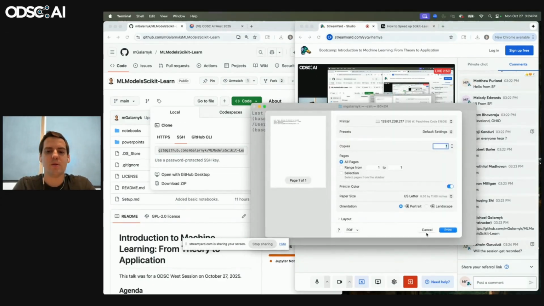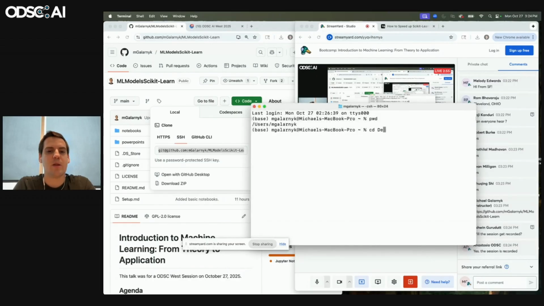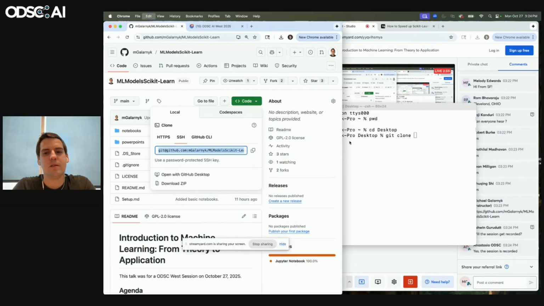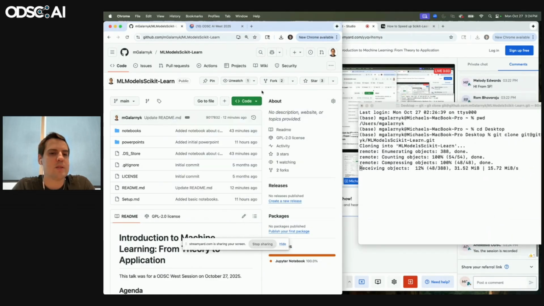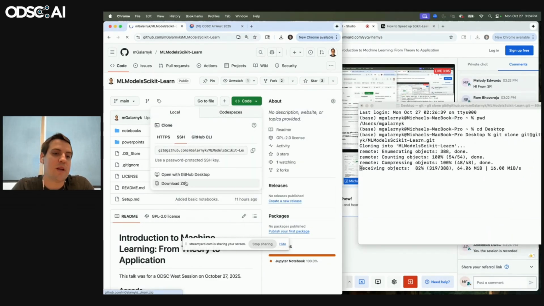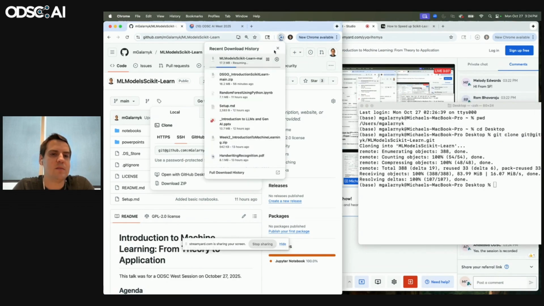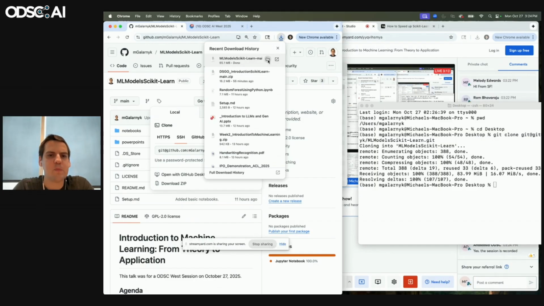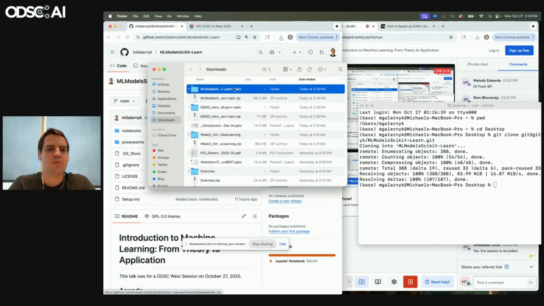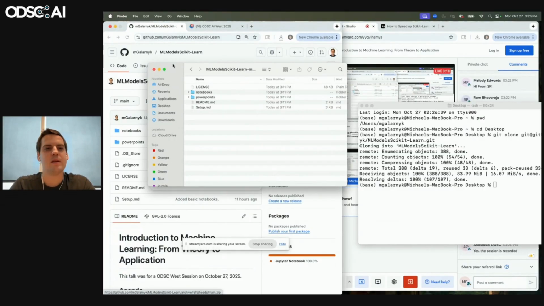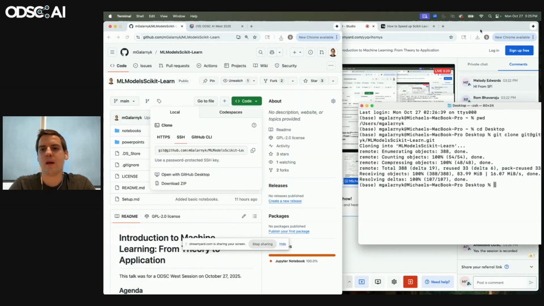Because I know this is not a Git lecture, I'm going to clone it locally. So I got the link over here, and I run git clone. For those of you that aren't familiar with Git, you can do effectively the same thing: download a zip file, and once that's downloaded, you can unzip it. As you can see, I have quite a few things in here, but I'm going to use the one from